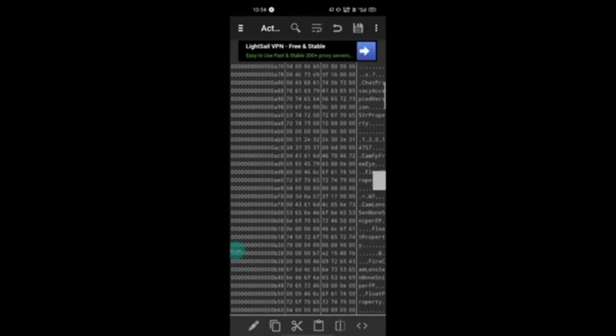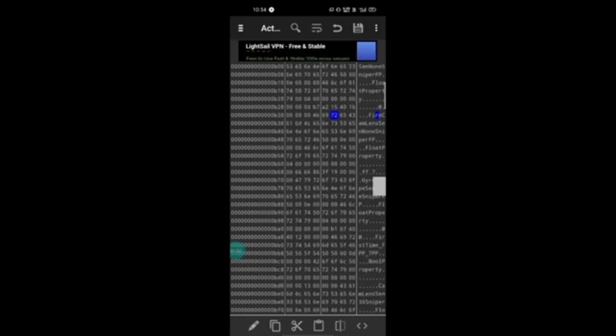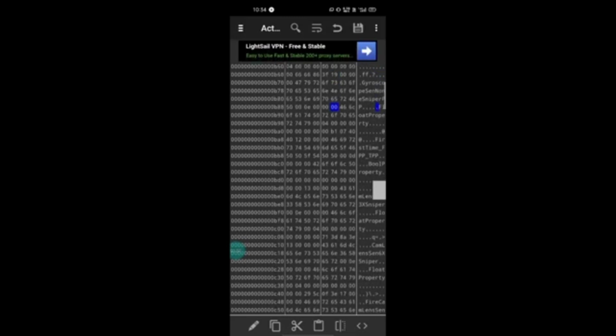So I am telling you once again that if your device display is 90 Hz or 120 Hz or more, then only it will work on your device, otherwise it will not work. So you have to simply search for FPSLevel. It takes some time to search it, so I am searching for it. When I get it, I will show you. That blue mark will show that FPSLevel is found on my device.